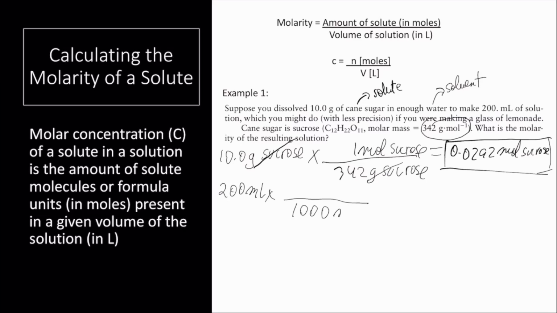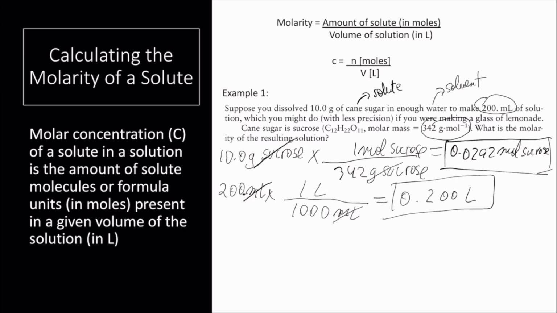We have 1,000 milliliters for every 1 liter. So the units of milliliters go away, and 200 has a dot at the very end, so it has 3 significant figures. So we must end with 3 significant figures. Dividing 200 by 1,000, we have 0.200 liters